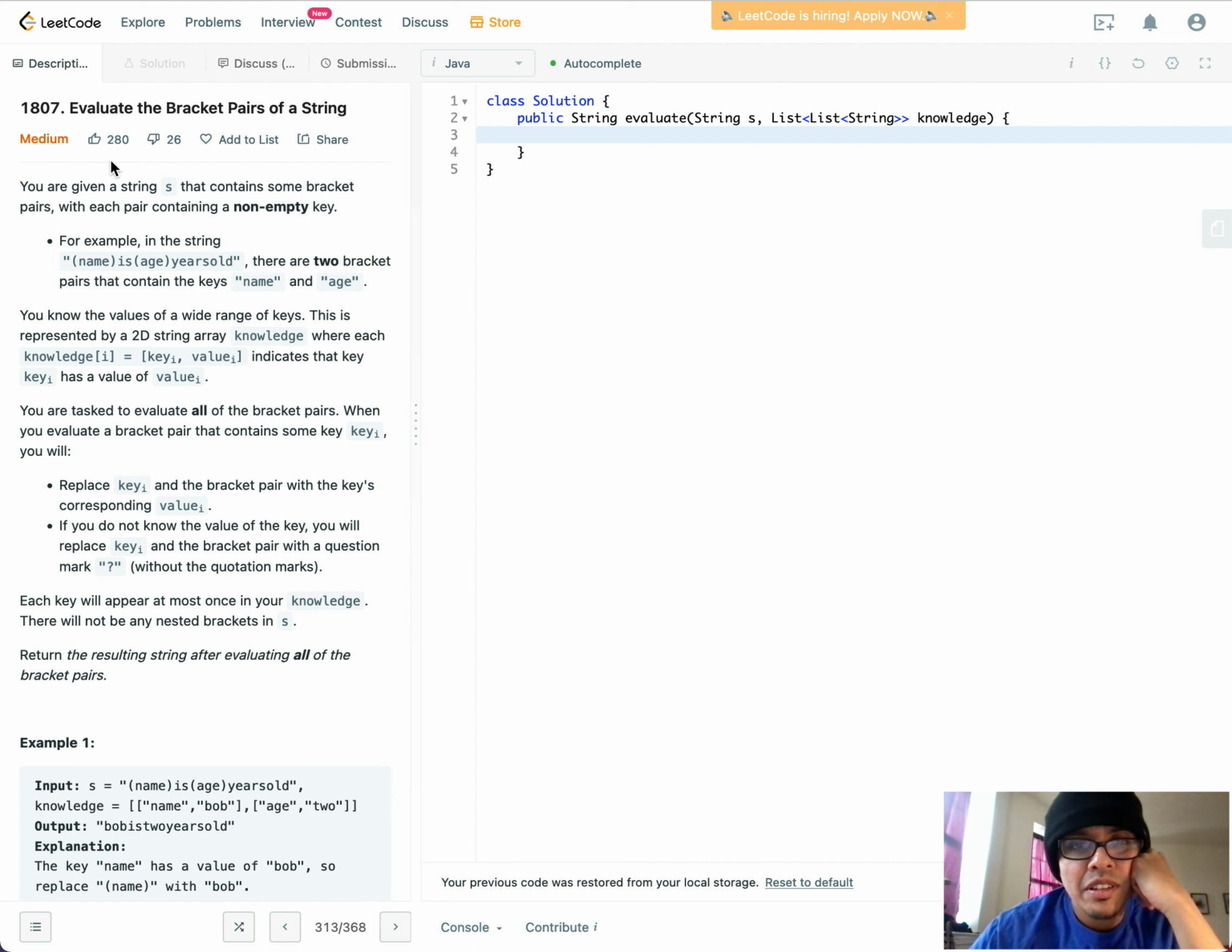It looks like it's fairly new because it doesn't have too many upvotes and downvotes. I'm gonna upvote it. Why not? And let's see what the statement is. You're given a string s that contains some bracket pairs, with each pair containing a non-empty key. For example, in the string "(name) is (age) years old", there are two bracket pairs that contain the keys name